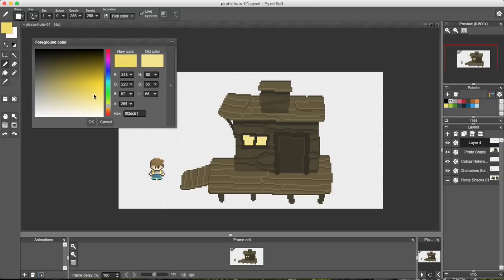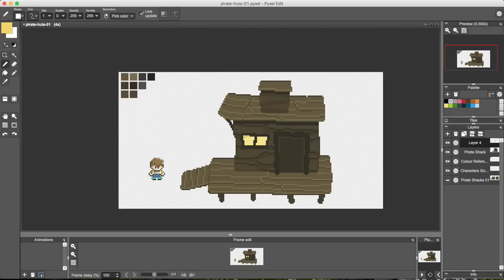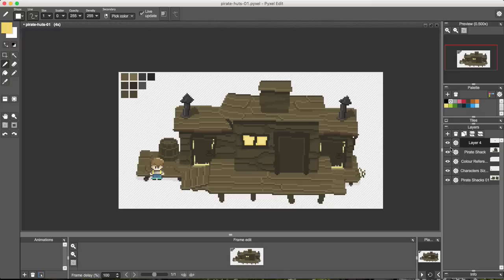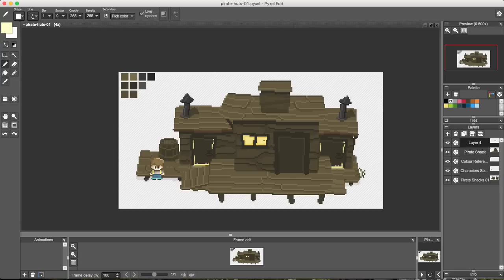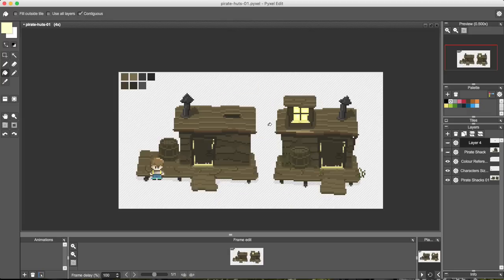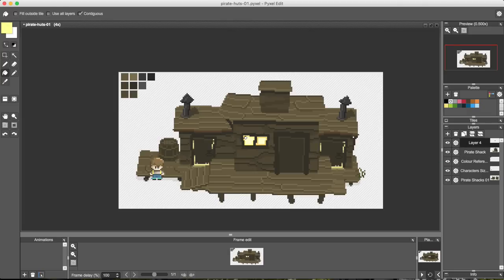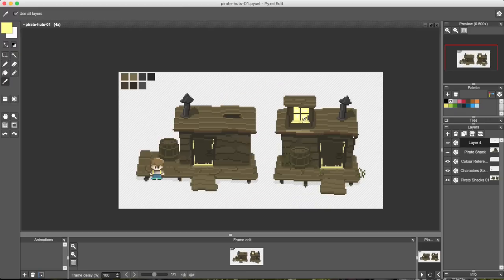And now on the outside of the window, we're going to take that yellow darker, maybe even a bit orange, tiny bit orange, and just draw around the outside here. And from the door as well, you can see on the original one that actually, ooh, this is a way brighter yellow. I've already got an example here. Let's just copy that color. Okay, so I copied that yellow from the background,